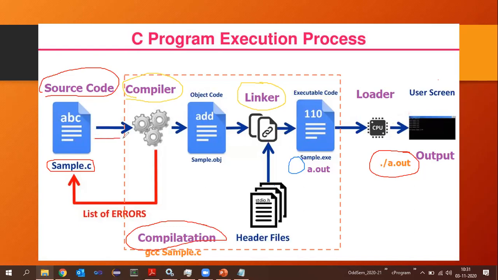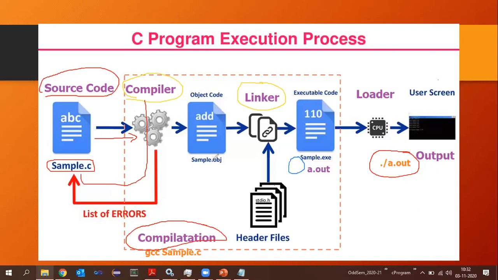First, we will write the program and save it with the extension. If this program has certain errors, then the compiler will give errors, which means we have to correct those errors in our program. Next time, if there are no errors, then the compiler will give you a true value, in the sense that it will not show any errors.